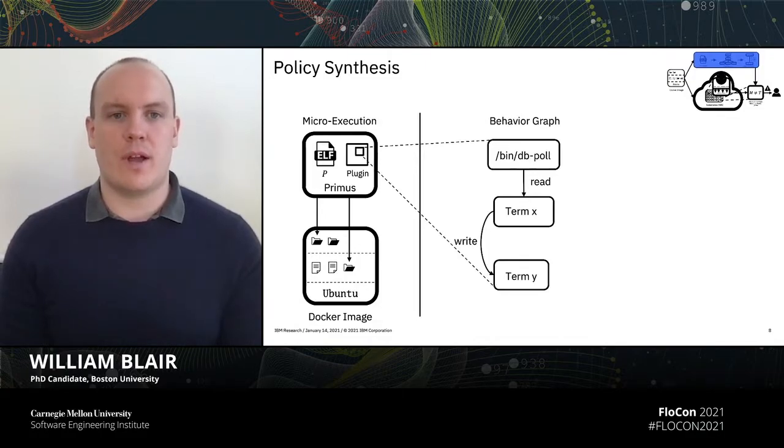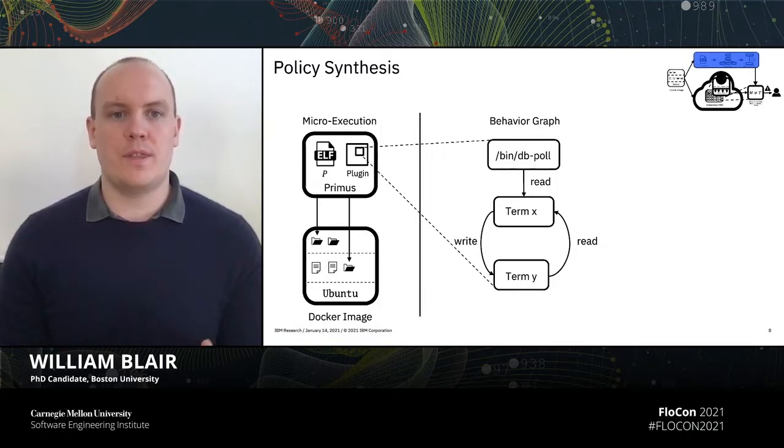The way this behavior graph is built up is we add nodes for every single term that calls a system call, and then the edge that points to those nodes represents the system call that was made. So if this simple program simply reads and writes repeatedly, we will later on encounter a term X again when we read from the corresponding configuration file for this database and continue on doing this in the loop.